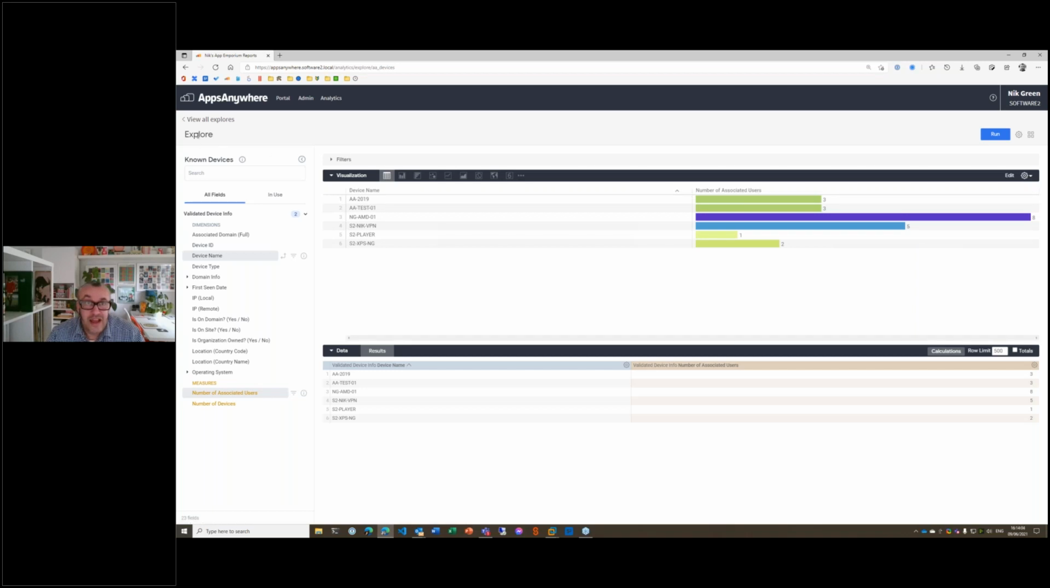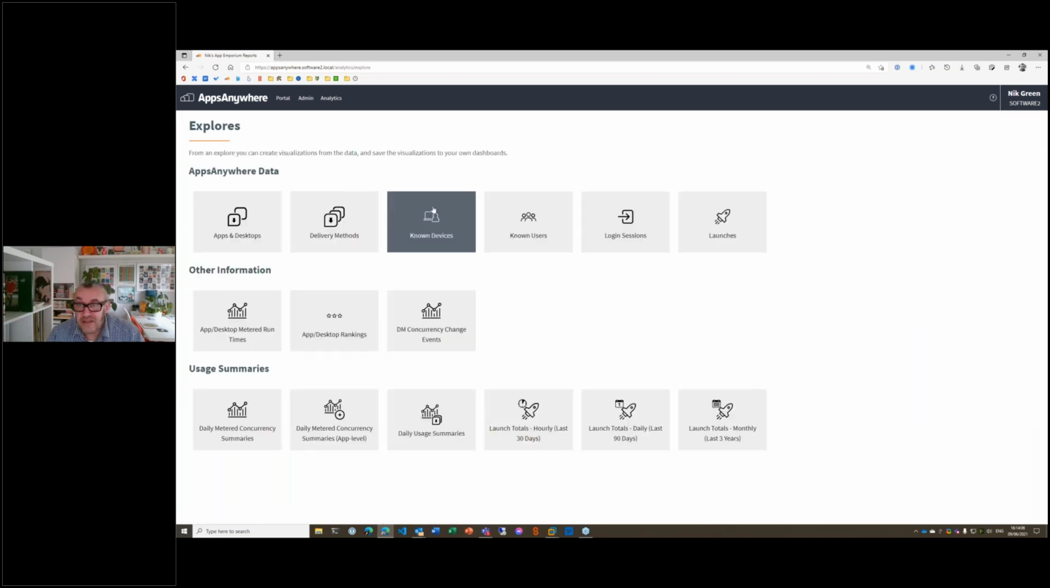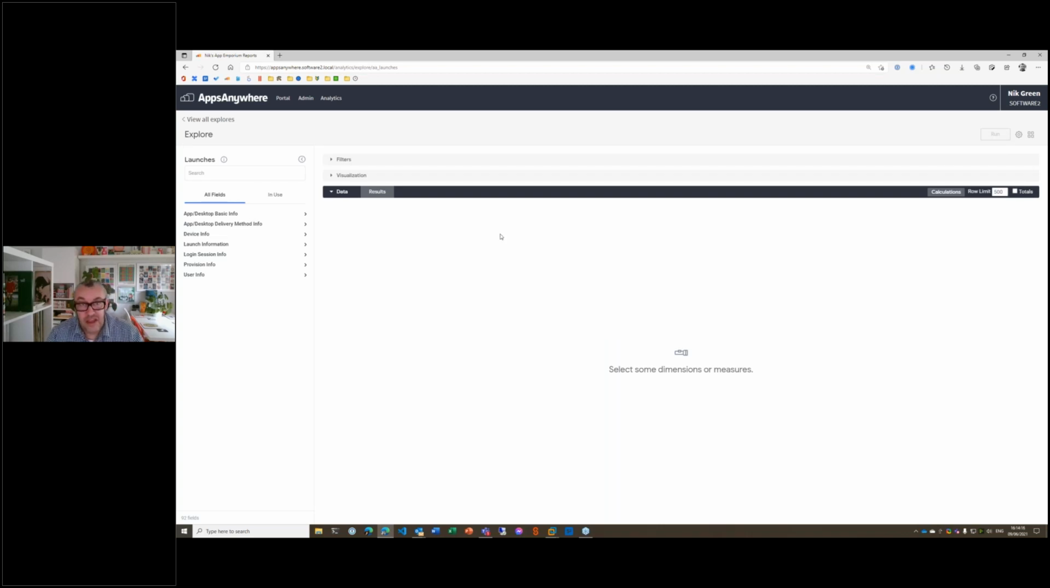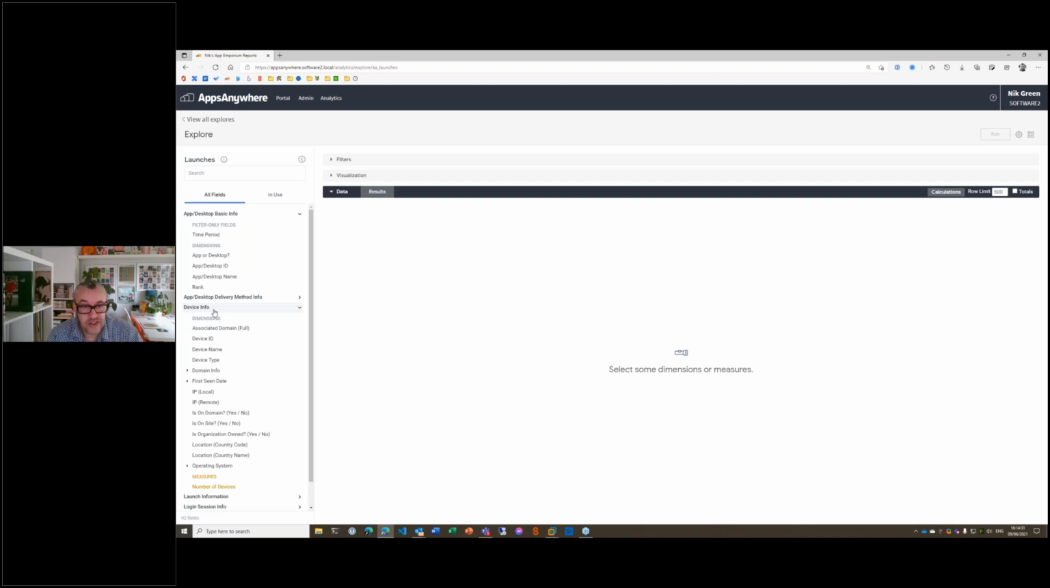Okay. And lastly, if I go right to the end of this particular selection for the explores and look at launches, you'll see that this is basically all the previous ones added together. So I have my app and desktop information from the first explore that we looked at. I've got my user information and my device information, so I can start to put together quite a rich tapestry of information. So if I look at countries and number of devices and hit run,